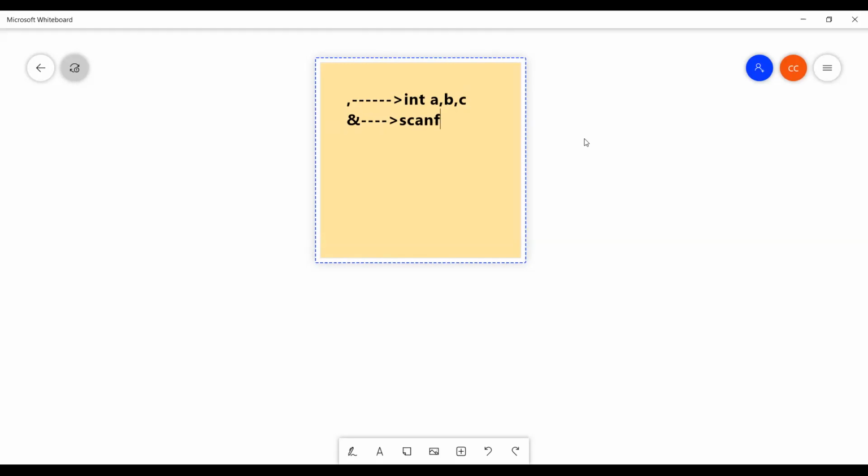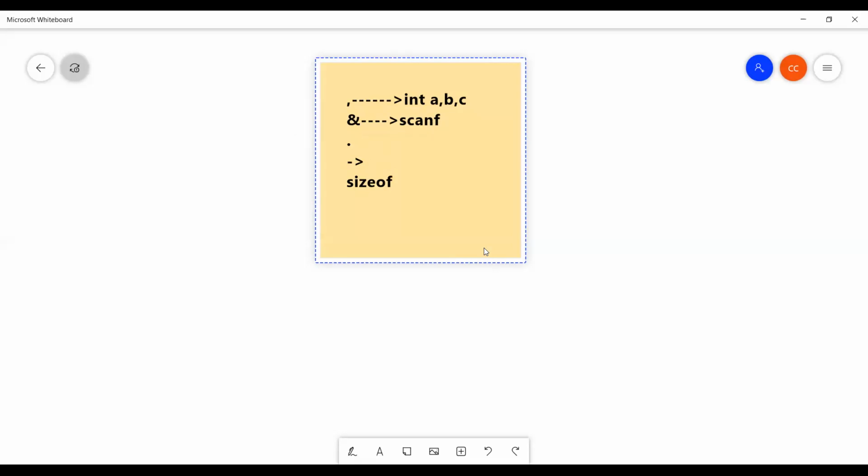Then we have dot, and the second one is the arrow operator. Dot and arrow operators we use in the pointers and structures concept. So here there are different special operators: comma, dot, arrow, and one more thing, sizeof is also an operator.